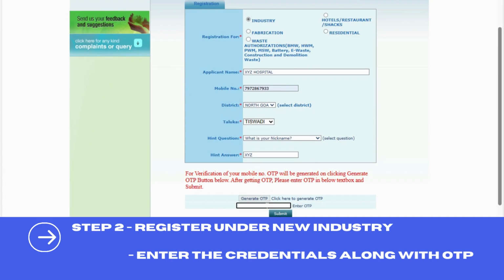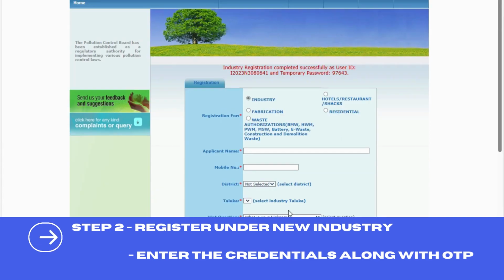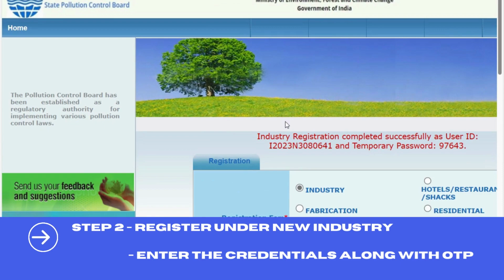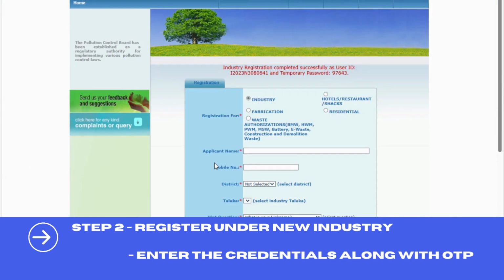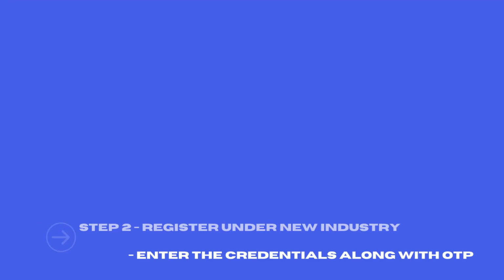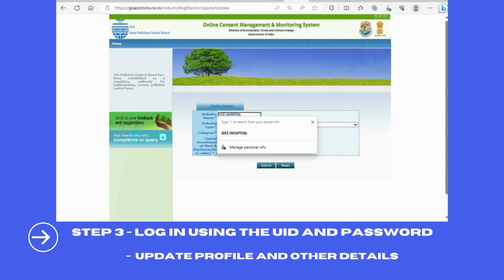It's very important you save this user ID and password because it is used to log in to the Goa OCMMS portal and submit the application online. Here you can see the user ID and password which is generated. Now go to the Goa OCMMS portal, punch in your user ID and password and log in to enter the